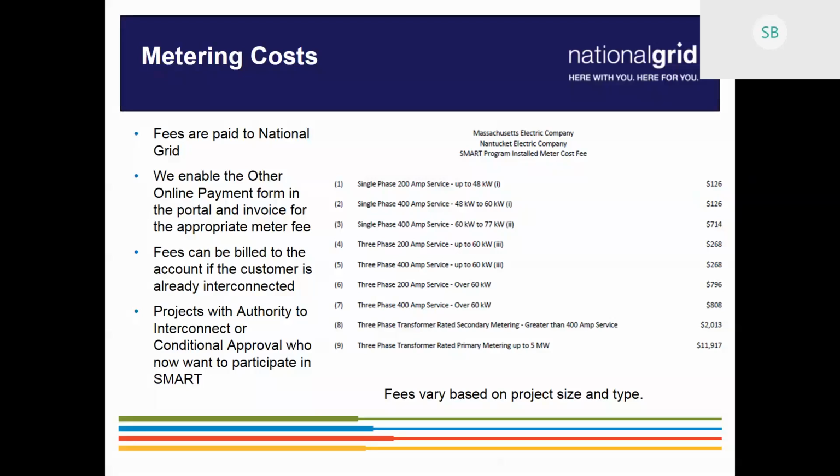And then we have another question in relation to alternative on-bill credits. Would National Grid be willing to offer AOBCs to behind-the-meter smart customers, given that net metering is no longer available to them? I don't believe so. So the answer is you're in the one program or the other. If you're net metered, great, good for you. If you're not, and you want the other program, you have to follow all the stipulations of the other program. Again, the regulations are out there from the DOER, and the DPU has approved those tariffs in place, and the rules are the rules. National Grid doesn't have the luxury of making any exceptions to them.